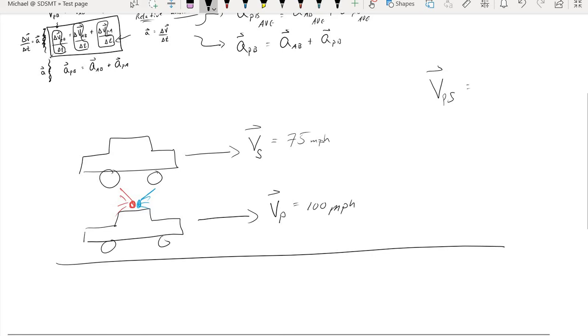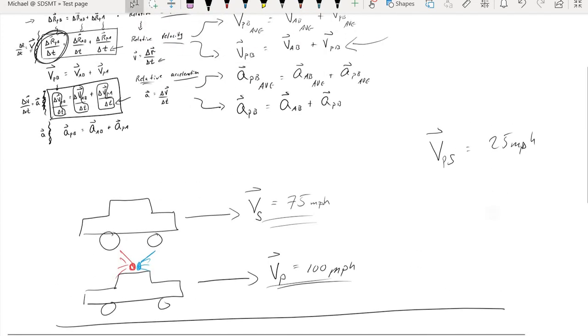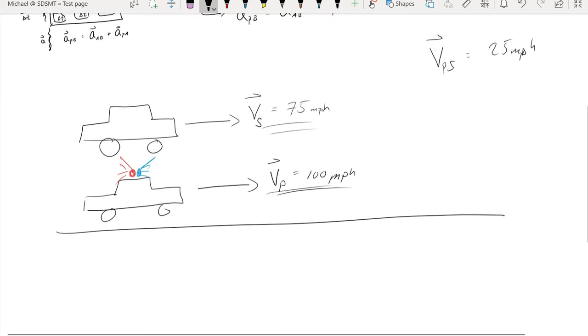And so you look at that and you go, oh, it's 25 miles per hour. And I would say, well, how did you know that? How did you do that so fast? You'd say, well, I just took the velocity of the police car and I subtracted my own, and the difference between the two was 25. Okay, but in the relative velocity expression that we have,